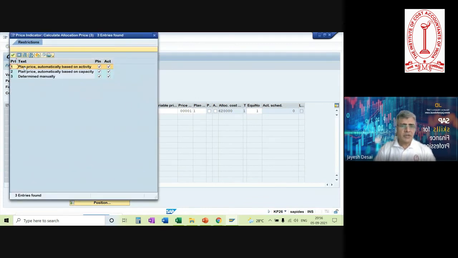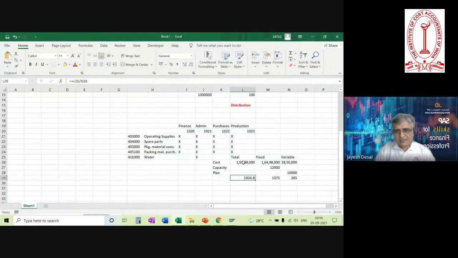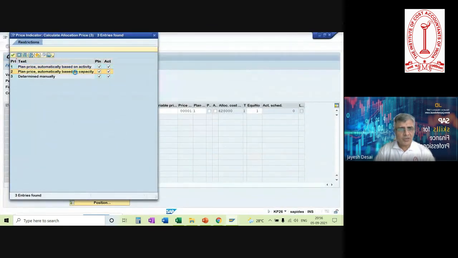So here we have taken plant price automatically based on activity. Okay. So what SAP has done is it has taken the total cost and divided it by the plant capacity and arrived at this rate. The other way of doing is if I take 2,